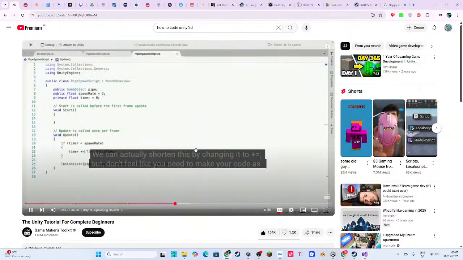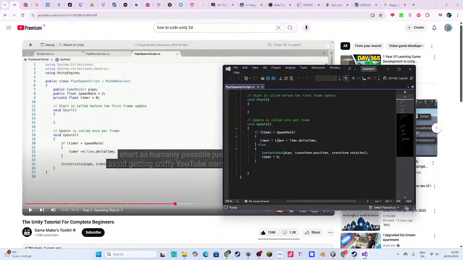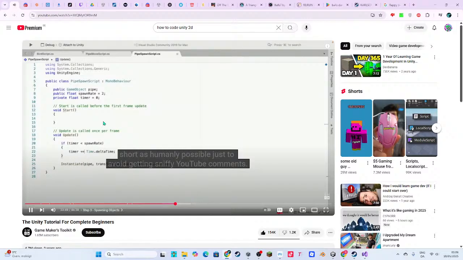But don't feel like you need to make your code as short as humanly possible just to avoid getting sniffy YouTube comments.